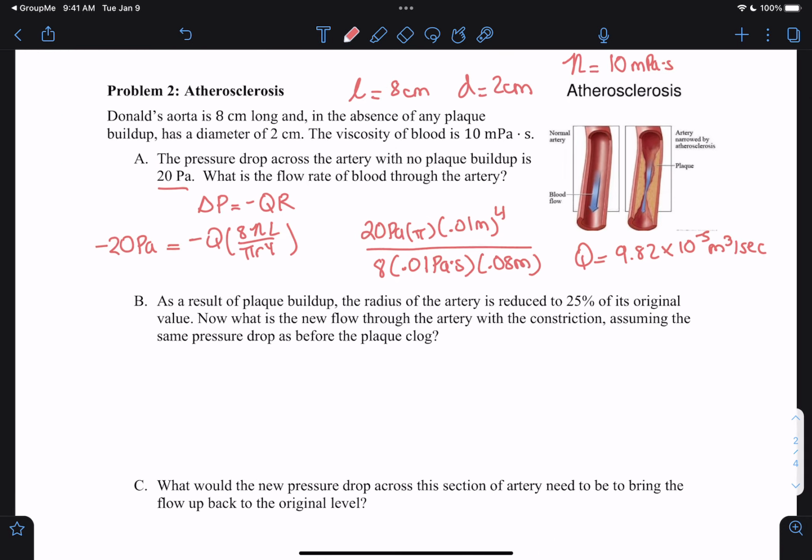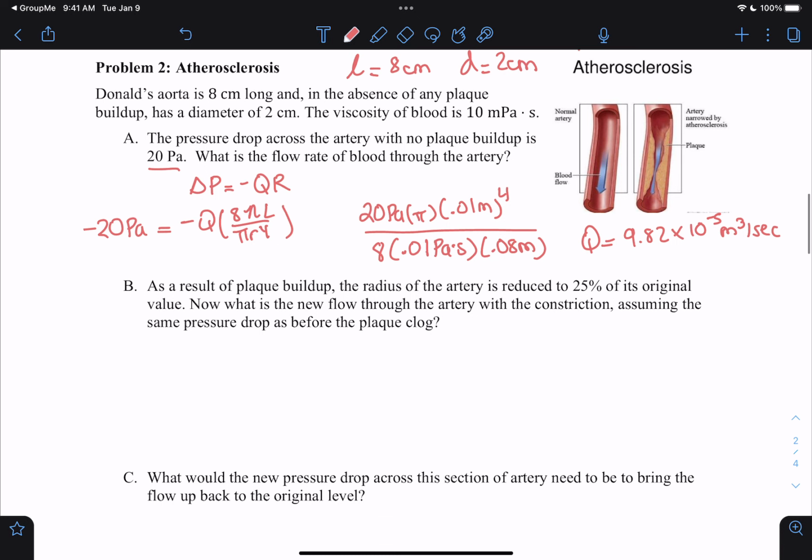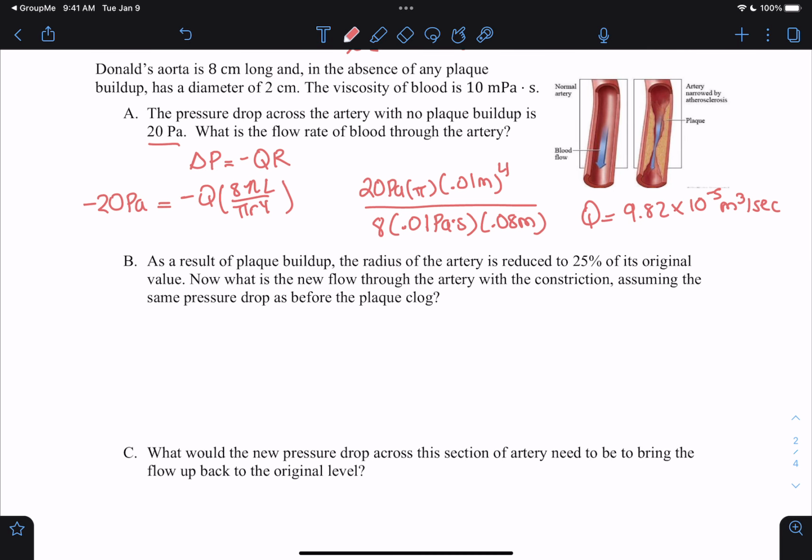So that's our flow rate there, 9.82 times 10 to the negative 5 meters cubed per second. Excellent. So moving on now to part B. As a result of plaque buildup, the radius of the artery is reduced to 25% of its original value. Now, what is the new flow through the artery with the constriction, assuming the same pressure drop as before the